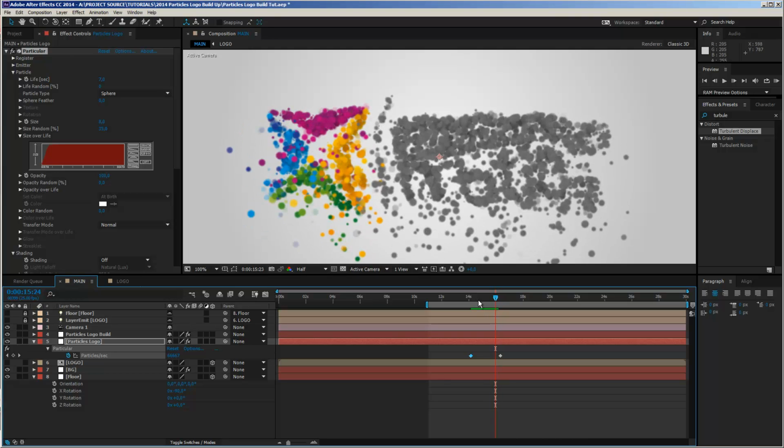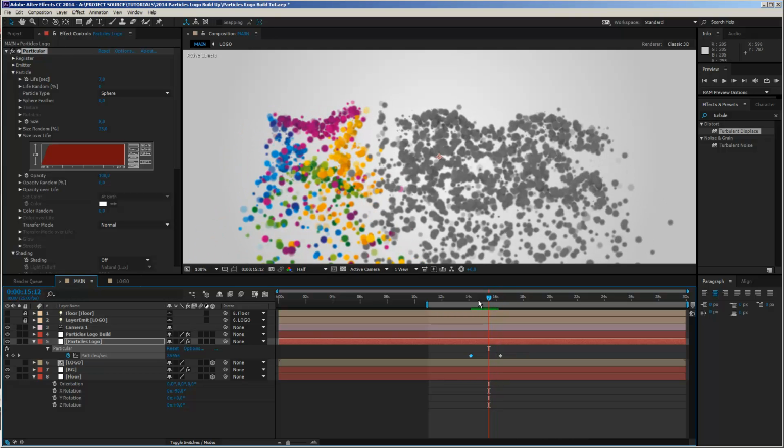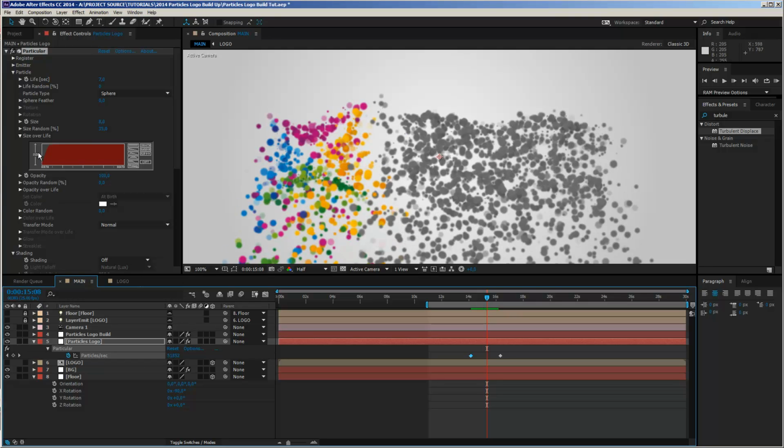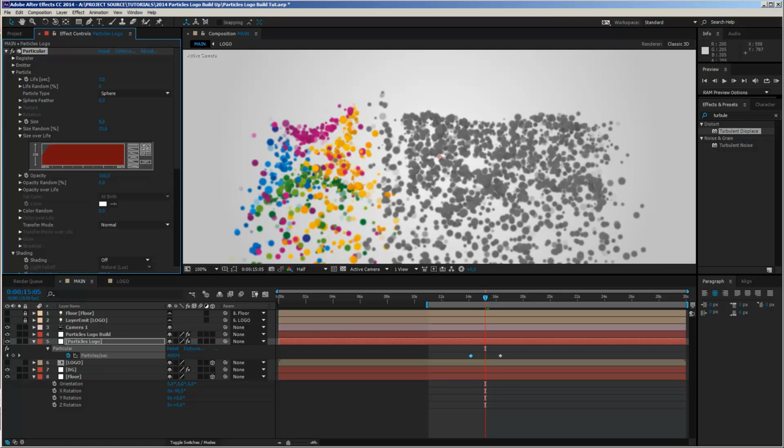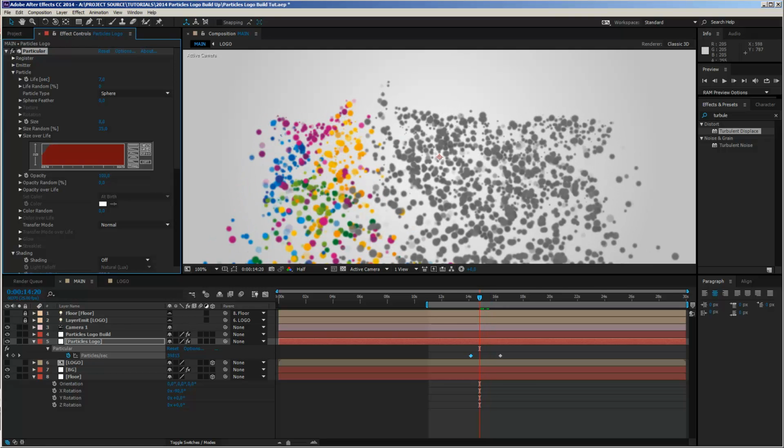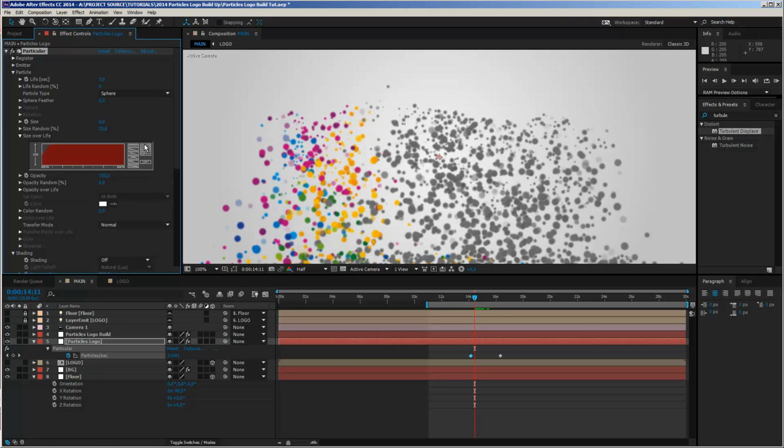And what I also want to do is I want to change the size over life. I do not want them to be completely at 0. I want them to start around here. So let's just redraw this curve. Maybe I can just draw a little bit of a smooth curve here. And maybe let's see how this looks then, because now the particles should not be so small in the beginning. And maybe this looks a little bit better.